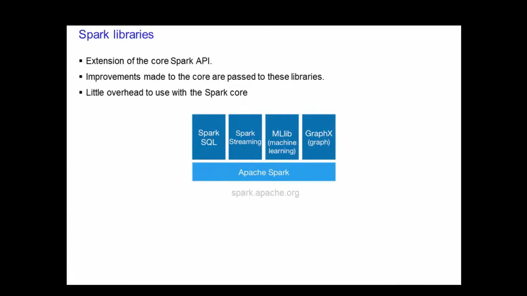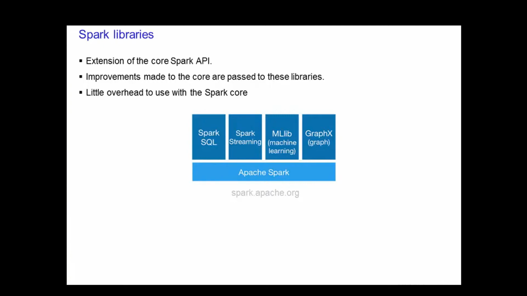Spark comes with libraries that you can utilize for specific use cases. These libraries are an extension of the core API. Any improvements made to the core will automatically take effect with these libraries. One of the big benefits of Spark is that there is little overhead to use these libraries with Spark, as